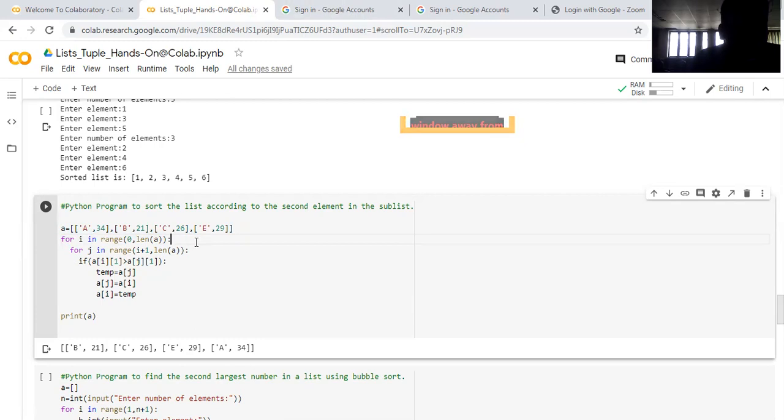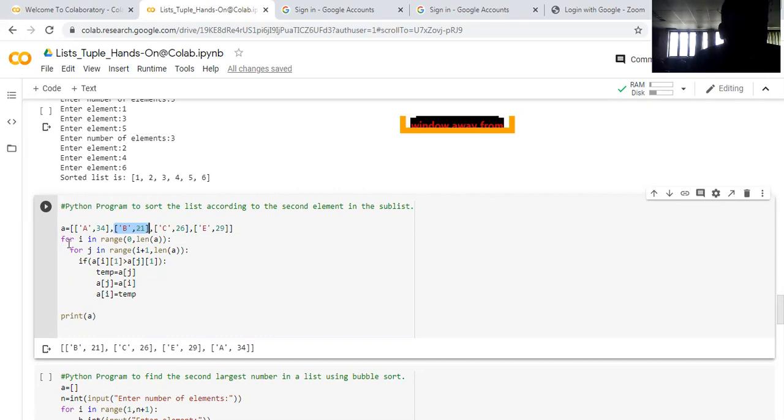So in order to sort, you have various sorting techniques. So in that I will go with a bubble sort. Okay. So bubble sort, you are sorting according to first element or what? You are sorting according to the second element. Okay, so which is the second element here? That is B. B is the second element. Starting from B, you are sorting the elements.